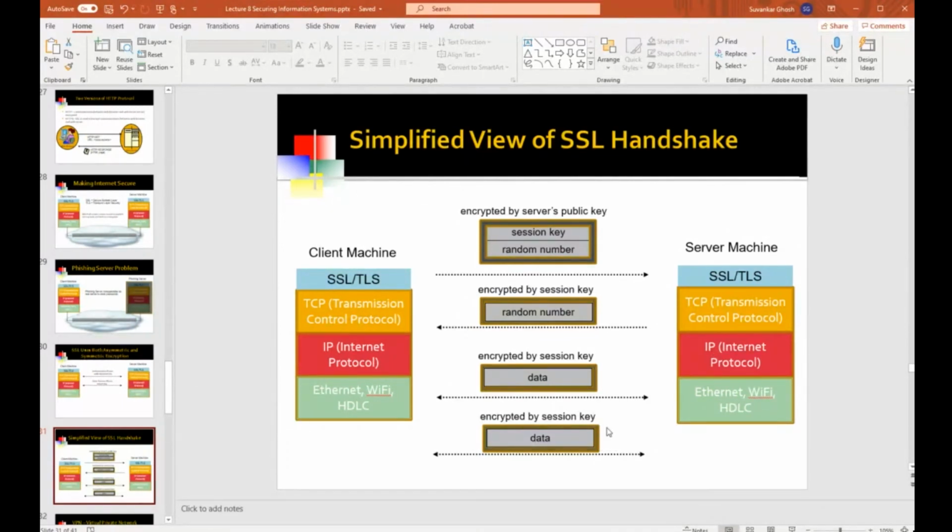So now the data transfer can ensue. The person can log in, and then log in comfortably, knowing that nothing is being stolen by any snooper on the internet, because everything after the authentication phase, all the data that you're transmitting, including your username and password, are all encrypted using the session key. And therefore now you can have a secure session with the remote end.